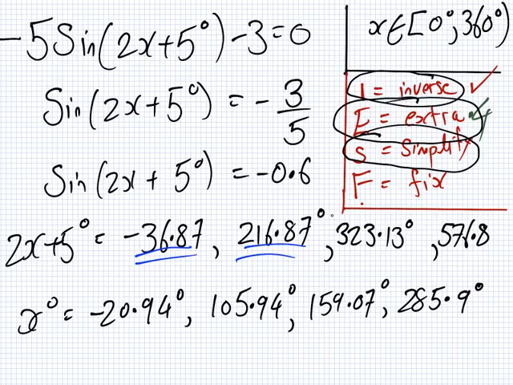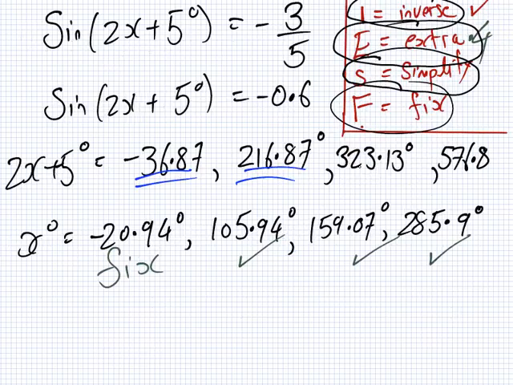Okay, you have this? So lastly is the fixing step. We want our answers to be between 0 and 360. This is good, this is good, this is good, but this is not. We need to fix this. And the way we fix it, we add 360 here. So if I add 360 to this one,